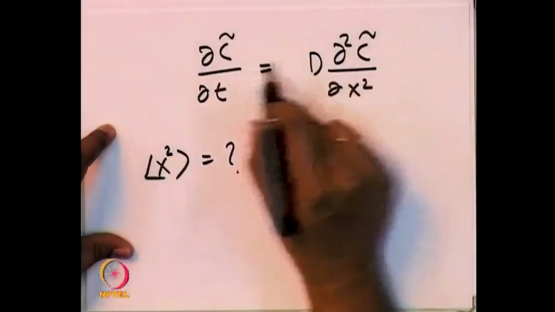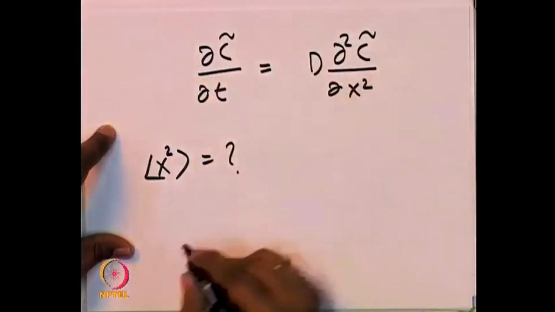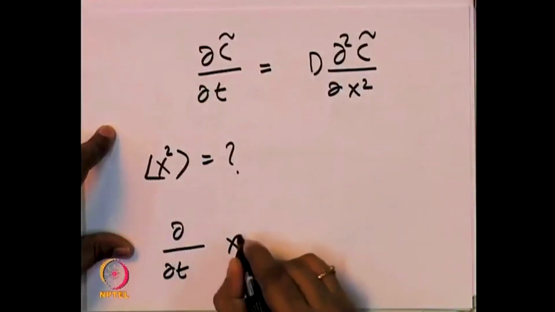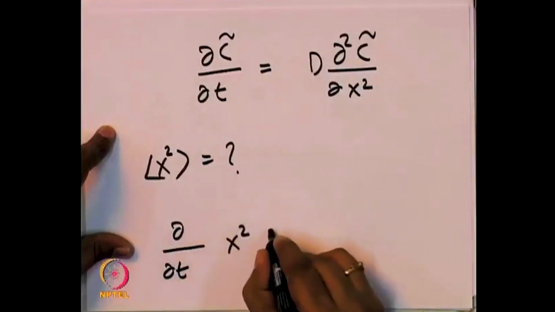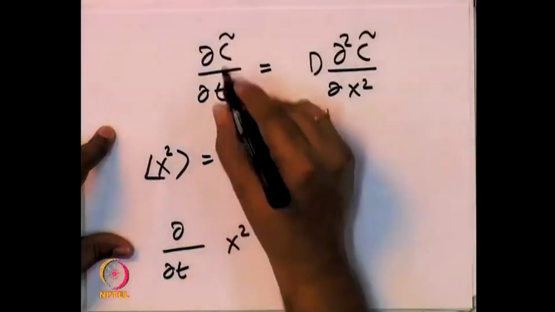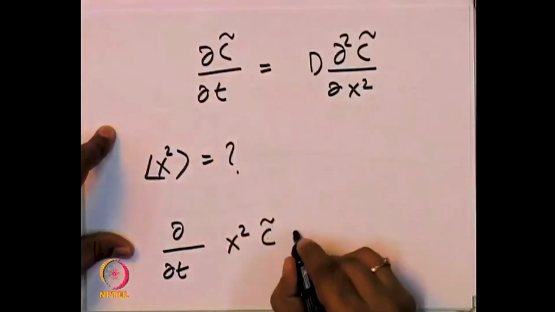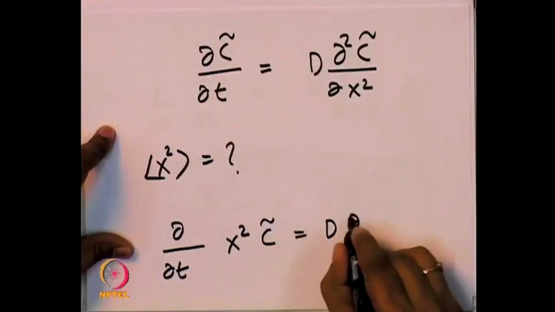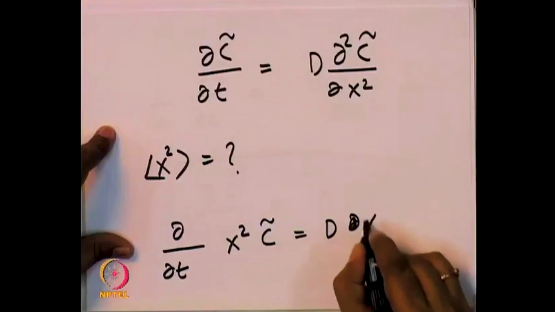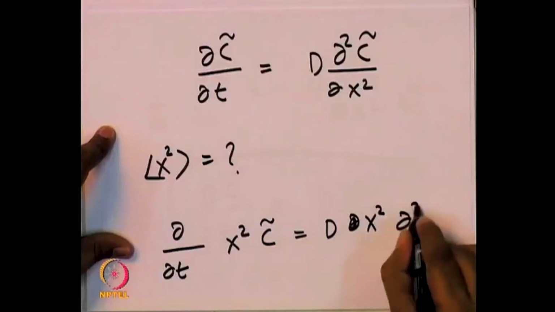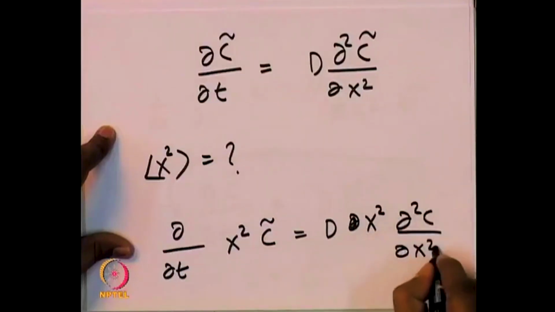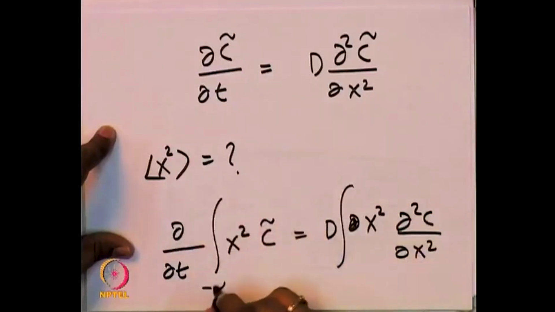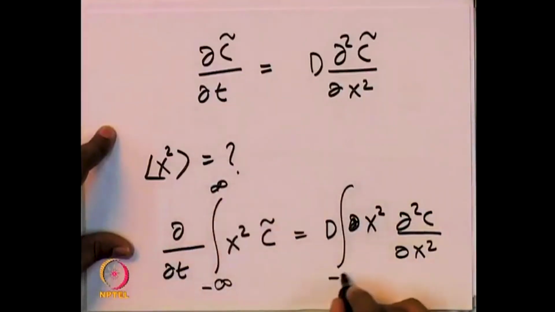I can multiply both sides with x square and integrate. So, let us do this. There is del by del t, I multiply with x square and there is c tilde, and this is equal to D del, I have x square I multiplied and I have del square c by del x square, and I integrate both from minus infinity to infinity